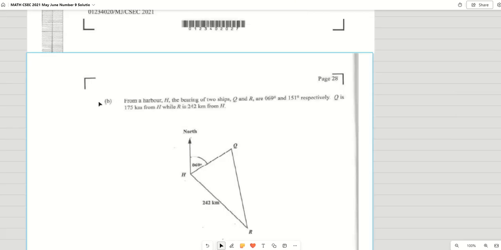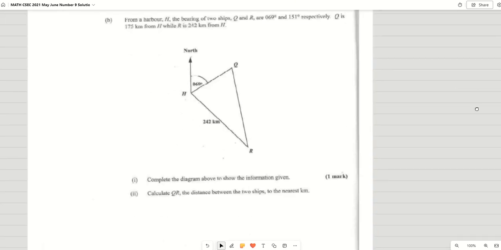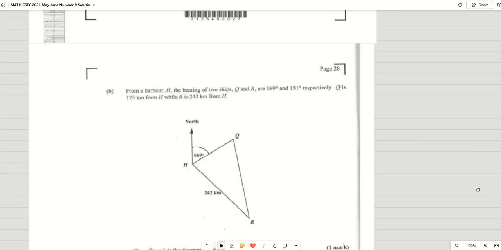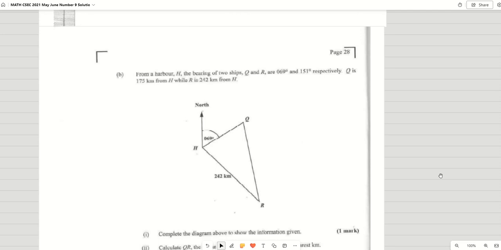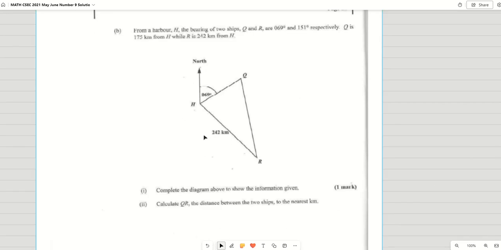Okay, so part B is usually either they give you a bearings question first and then these kind of interior angle questions. So this part here is our bearings question. As soon as you see something with a naught, immediately go to your head that hey, this is bearings. Alright, so from harbor H, the bearing of two ships, Q and R, are 69 and 151. So immediately they said from harbor H, so from the north line to Q is 69, and from the north line to R,